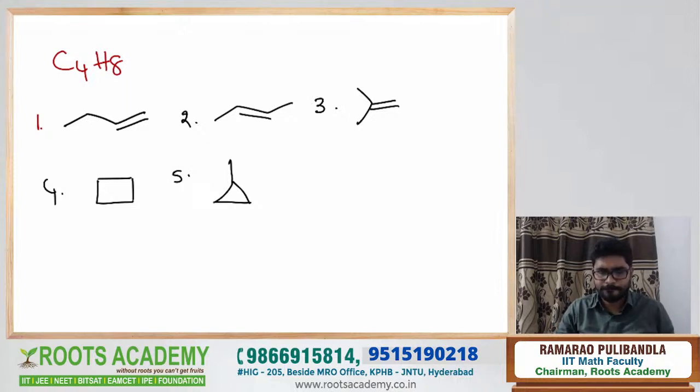Yes, sir. So how many do we have in total, guys? In total we got 5 structures for C4H8. If you are getting more than that, you can check whether what you wrote is the same or different. How to know whether it is the same or different? Try to give the IUPAC name. If the IUPAC name is the same, then you should end the structure. We should not consider it 2 times. That's it. Yeah, Kumar Sai.